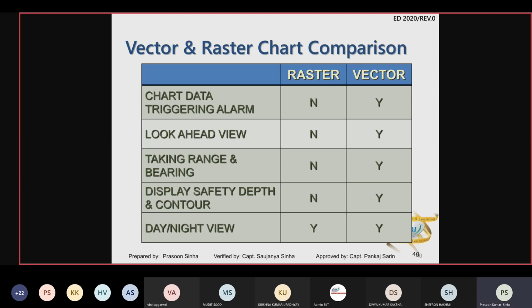Then there are day and night view. That is basically nothing to do with raster or vector chart. It is to do with the computer system. आपने रडार में देखा होगा कि नाइट व्यू में you can change the display color to orange, during daytime bright because there is too much light in the bridge. You can change to day view, तो थोड़ा सा brightness बढ़ जाएगी।